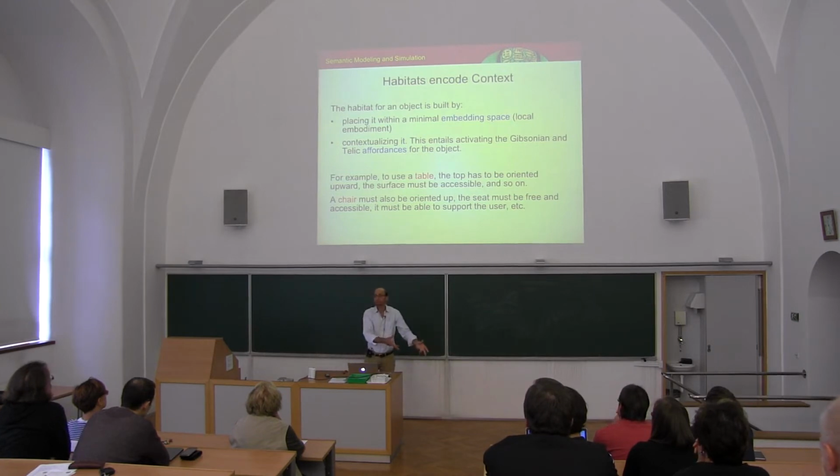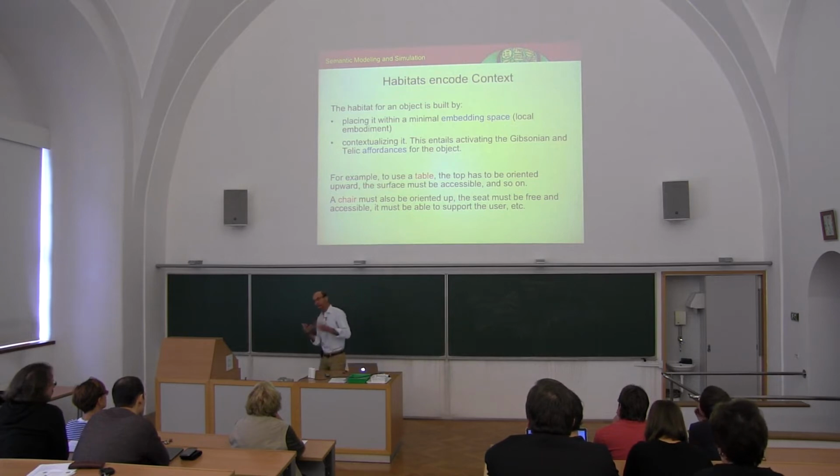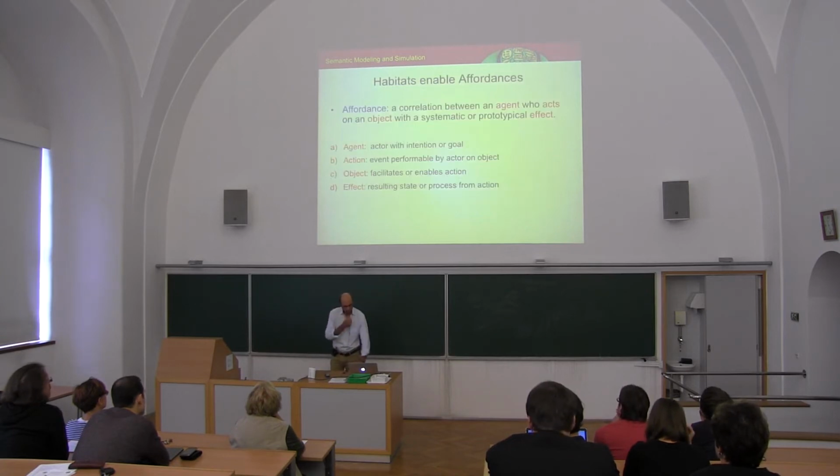And it's still a table. But it's not a usable table because it's got another table stacked on top of it for purposes of putting them away. But in order to use the table, you have to make the context associated with it. So the context has to be activated in order for you to actually do what you do with the table, right? Now the notion of a Gibsonian affordance is